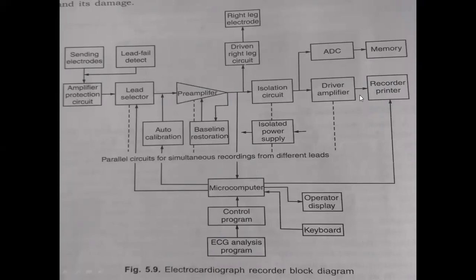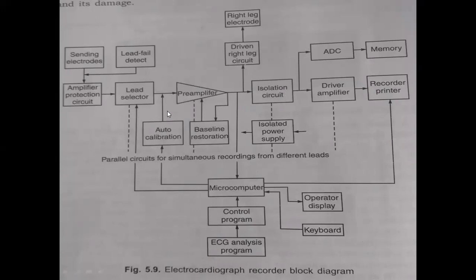So whether this recorder or system is functioning properly, or is it producing the 1 millivolt. Here we have a 1 millivolt source. With that, he will identify whether the system is functioning properly. If the 1 millivolt recording is not obtained as the output, then there is some problem in the system. Like that, he confirms the actual function of the system.